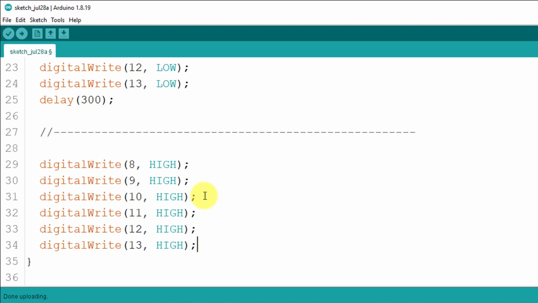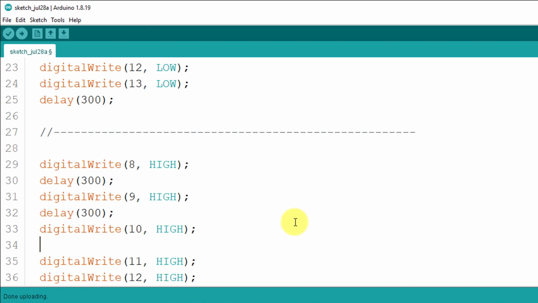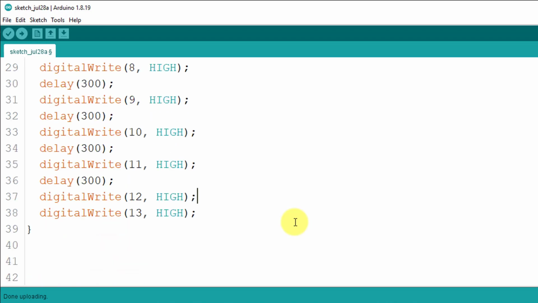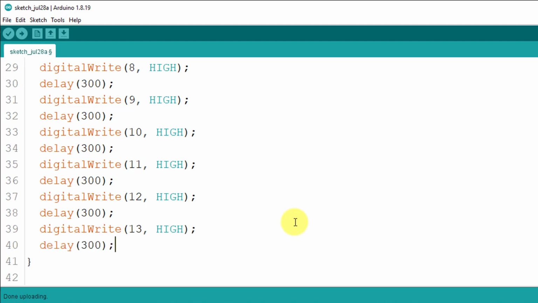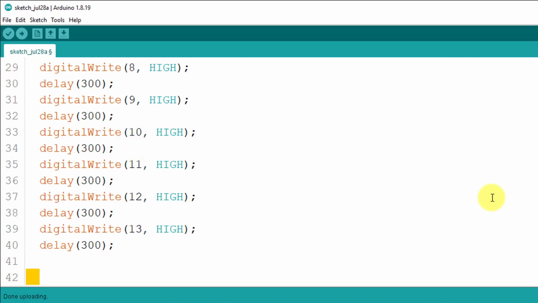Now, for the second pattern, we want the LEDs to turn on one by one, and then turn off one by one. This will create a cool LED chaser effect. To achieve this, we will add a delay of 300 milliseconds before turning on each LED. This delay will give the appearance of LEDs chasing each other. After turning on all the LEDs, we will turn them off in the same sequence and with the same delay